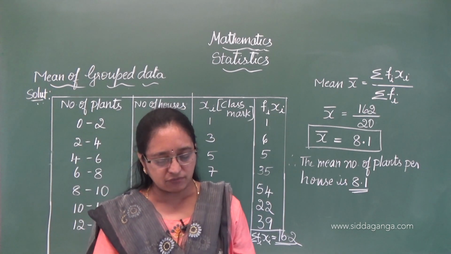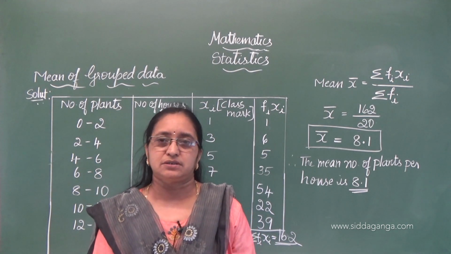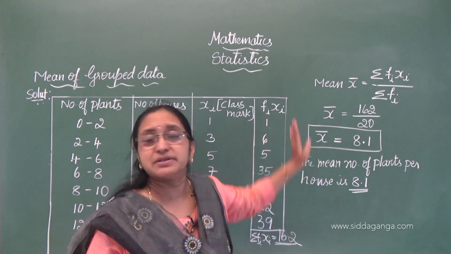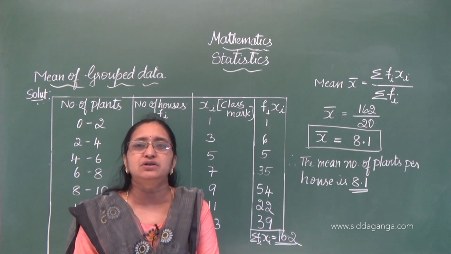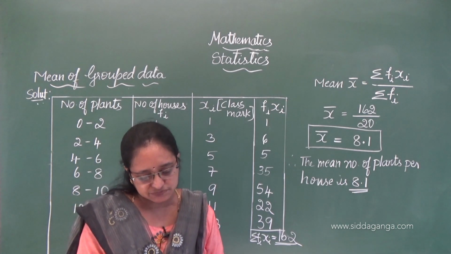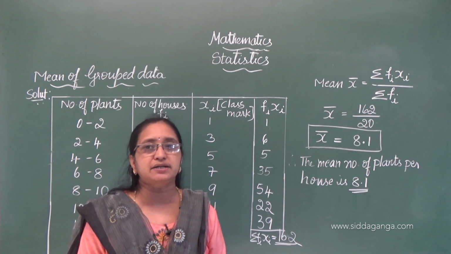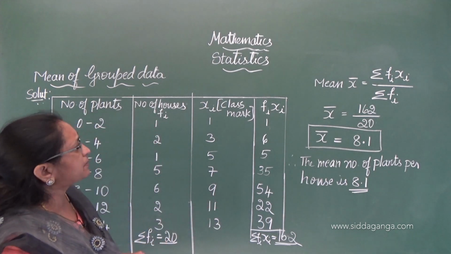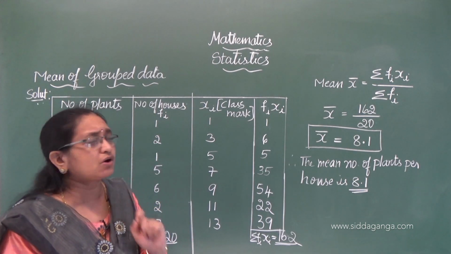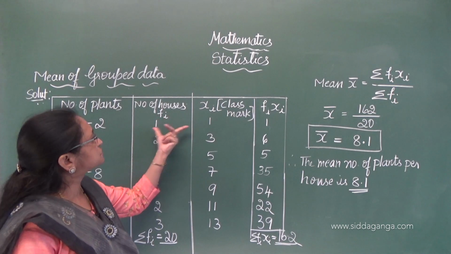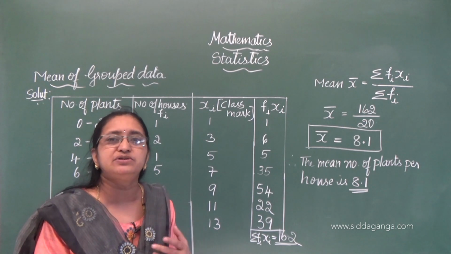They have not given which method to use for finding the mean. Since I have taught only the direct method so far, you have used that. But once you learn all 3 methods, then you have to write which method you adopted. I have adopted the direct method because, very important, please note, the values of xi and fi are small here. When you do the next problem, you will know the difference.